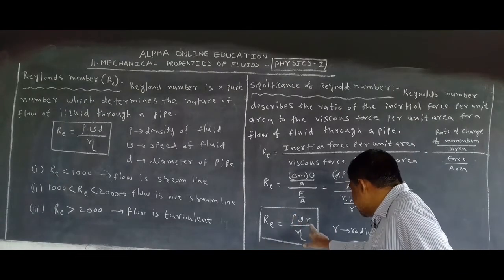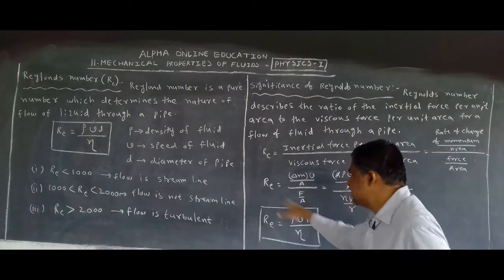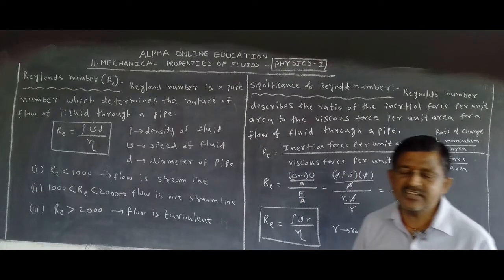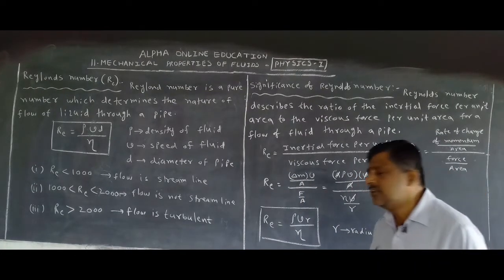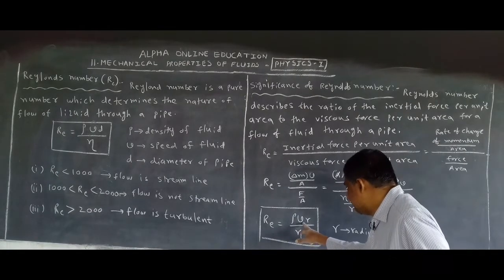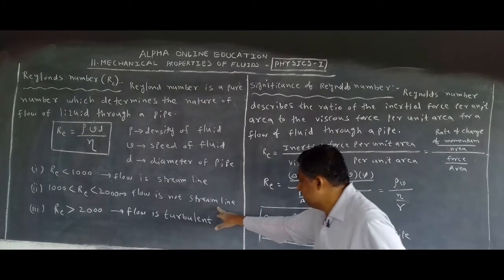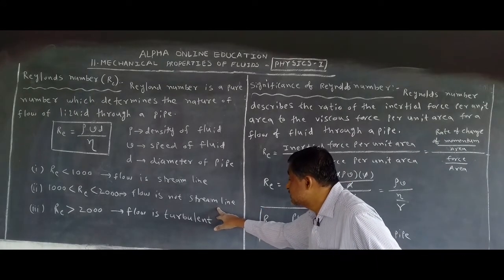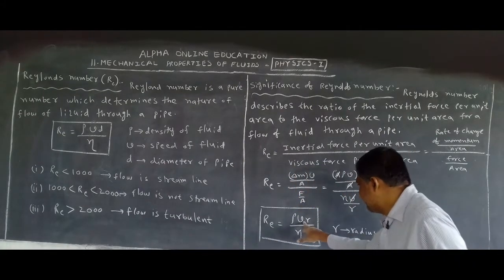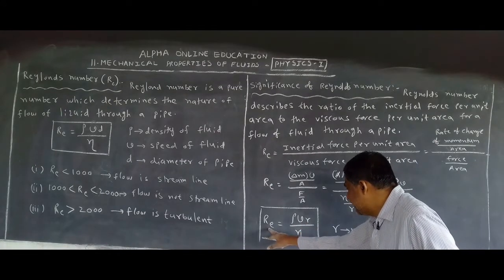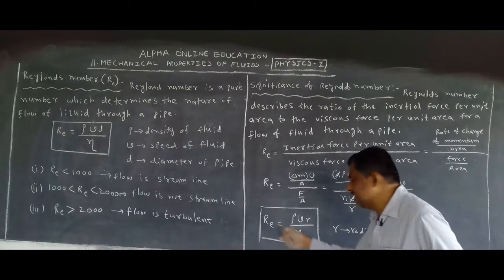This is radius, but there is diameter. We know that twice the radius is the diameter. Okay, this is the way to get the equation of the Reynolds number. From the Reynolds number we can get the critical velocity also. Here V is called critical velocity, when it is not a streamline flow or it is a turbulent flow. In case of a turbulent flow, we can write critical velocity V is equal to eta Re by rho into r. Yes, from this equation we can write the critical velocity.